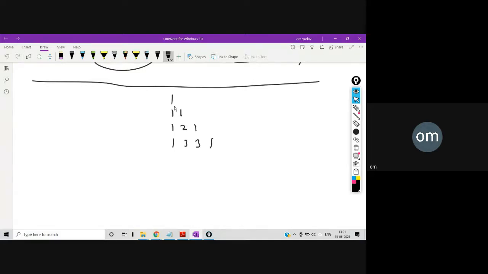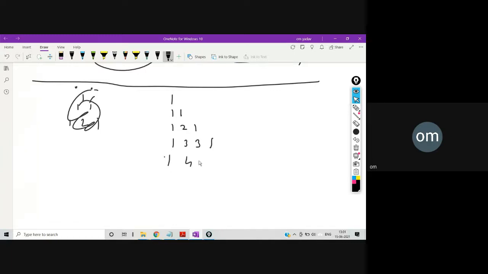So how is it being generated? If this is 1, then here I am getting 1 1. How? Because if we consider this here as 0 and after this as 0, then 0 plus 1 is 1, and 1 plus 0 will be 1. Okay, and then this will be 1 and the addition of this will be 2, then the addition of 1 and 0 will be 1. So I hope you understand this concept. This is a binomial triangle.